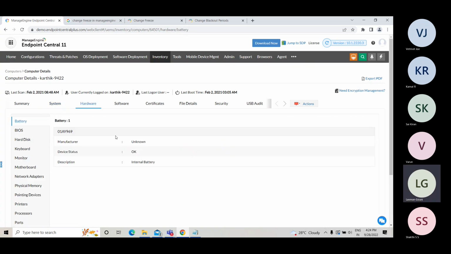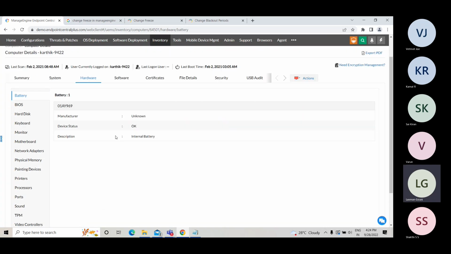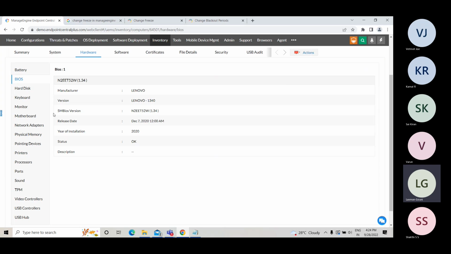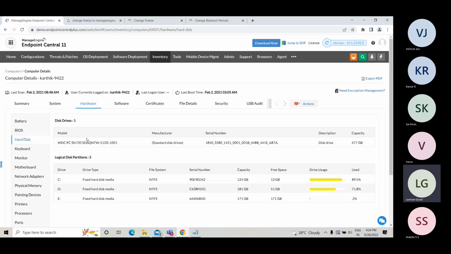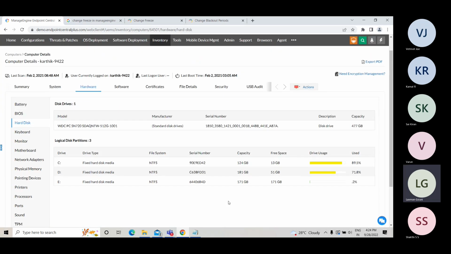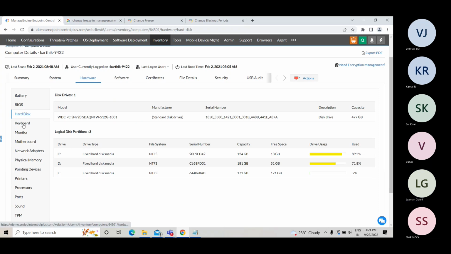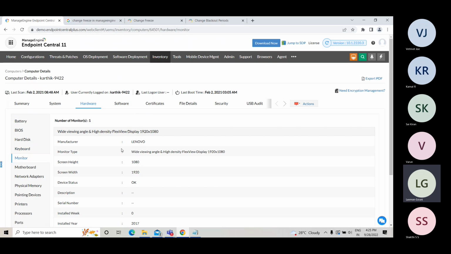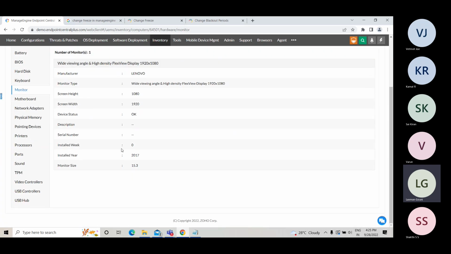Coming to the third page, that is hardware. Here you will be seeing all the information coming from your device manager. The battery information, the manufacturer, the status, the BIOS information, the make, the model, the installation date, the status, the hard drive information, like this, the usage and all, keyboard information, the make, the manufacturer, the external monitor information, the make, the manufacturer, the dimensions and all, motherboard,